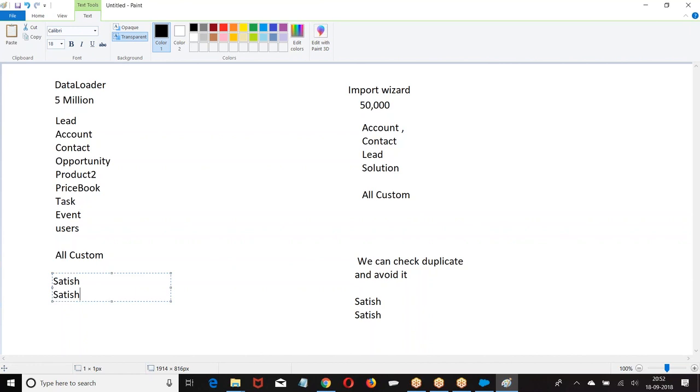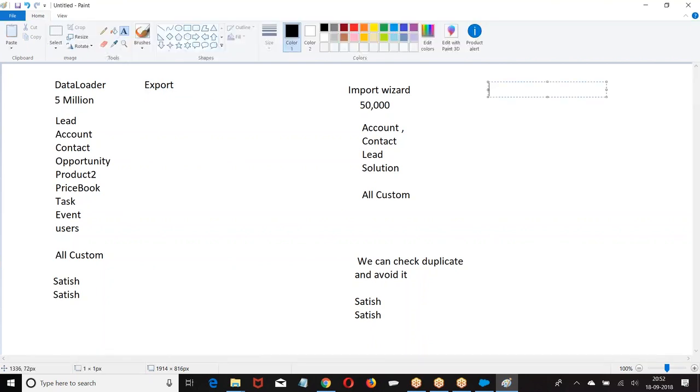Clear? What is the purpose of these two? To work with the bulk data. Then again, here we have export. What is that export? I can export the data. Now, which fields can I export? I can say the following fields, name, phone number, email can be exported, which are created today, which are created last month. I have a choice to choose which fields I want, which data I want.